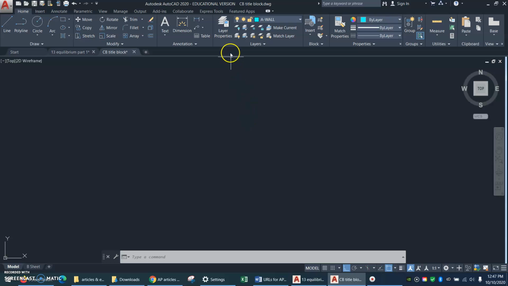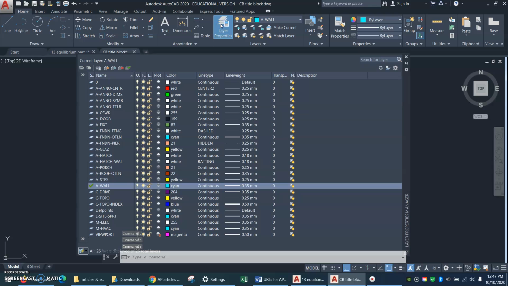And that's where you will find this button right here that says Layer Properties. Right in the middle of this ribbon, there's a whole section that's about layers. So we'll click that thing that says Layer Properties. And here are all our layers that we have in our title block. Now, if you want to turn a layer off, because it's got a bunch of stuff on it you don't want to see,